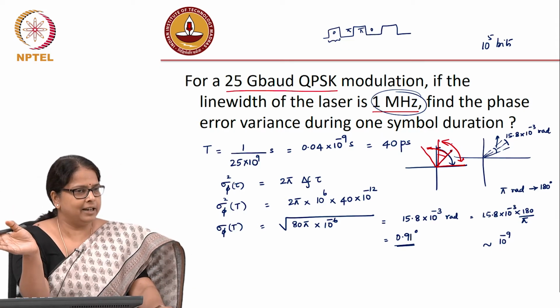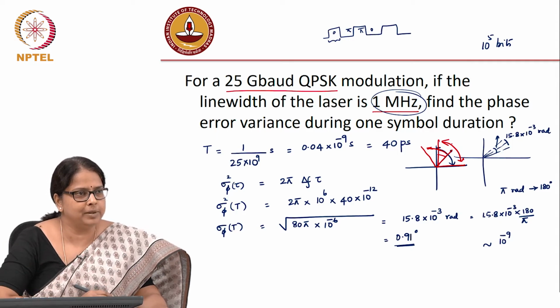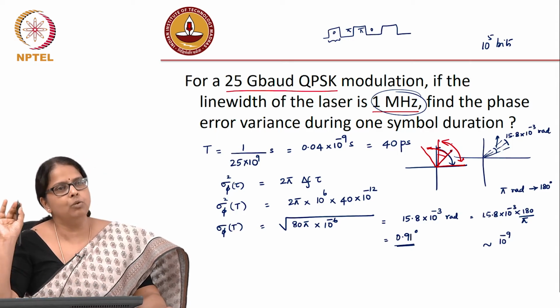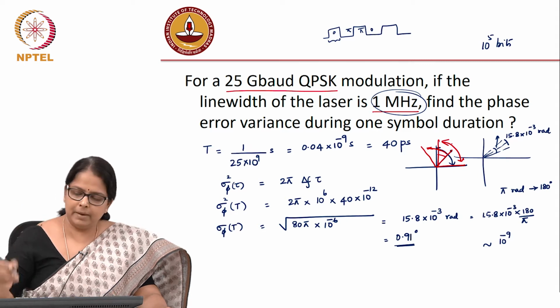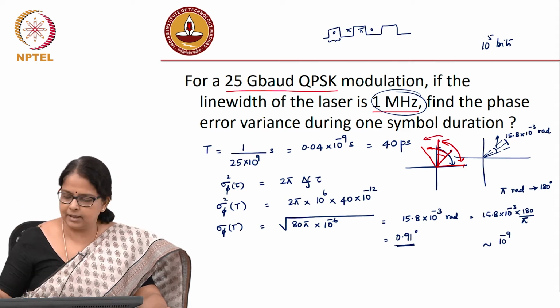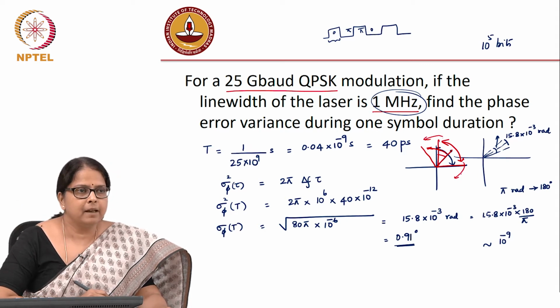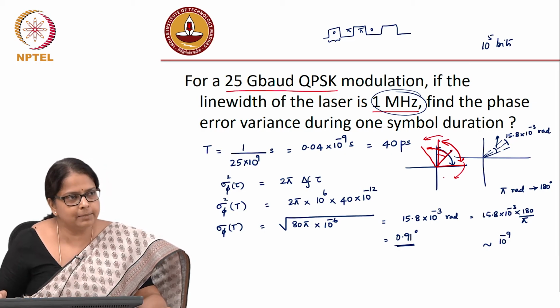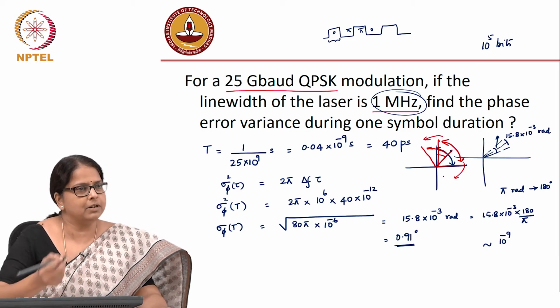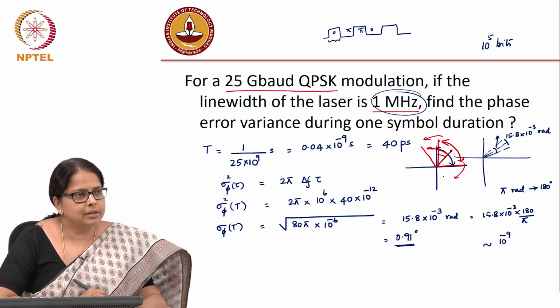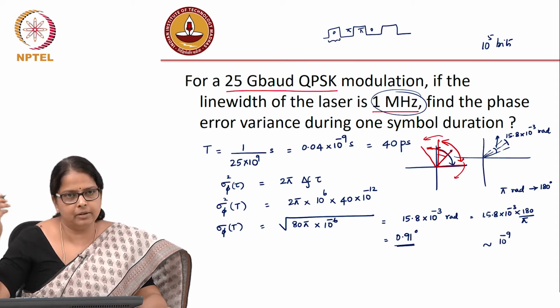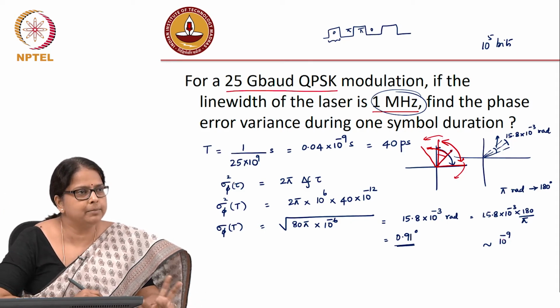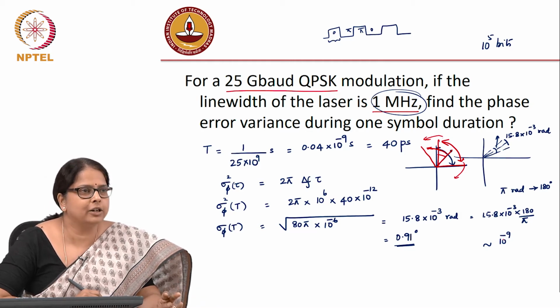phase error that can be tolerated for QPSK, within 50 symbols it is out of your constellation. The moment it goes out of your constellation and sits in another constellation, you will demodulate as if it belongs to another constellation, and you will count it as an error. So, forget about 10 power 9 symbols and all. Within 50 symbols you lost your symbol, you lost your data. So, what is the solution? What do we do?